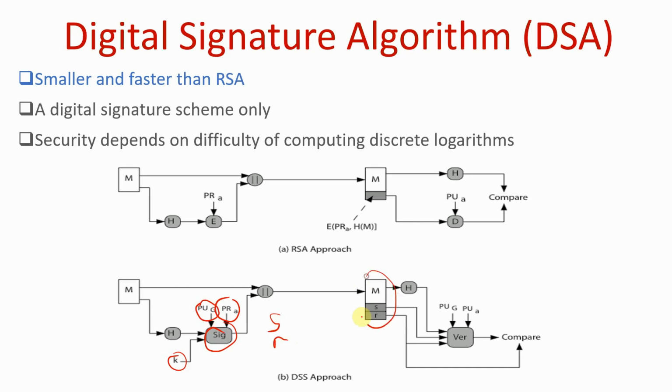These are concatenated with the message as we see here, and this is what gets sent. Now, the receiver receives the message and receives S and R. Now, the receiver would like to verify whether the message or S and R have been manipulated on its way. So what does the receiver do? They take the message and they feed it to the hash function once more, and they feed that to a verification algorithm. Together with what? Together with S and R, the public key of the sender, and the same global parameters that were used to